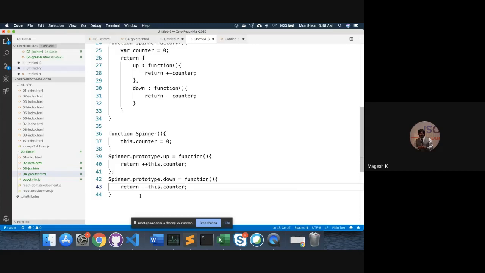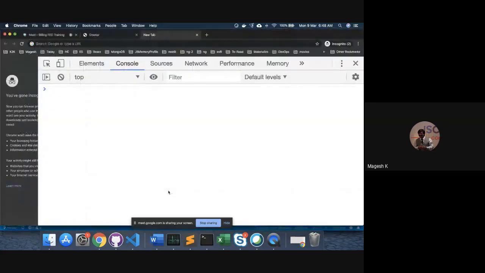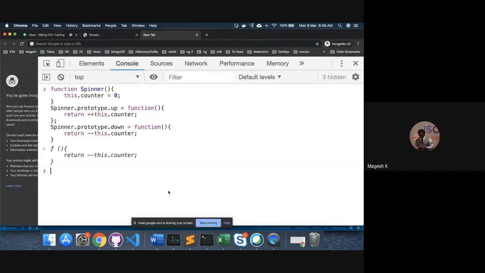So now what will happen when you create an instance of a spinner? You will not create multiple instances of up and down, but you will create only one instance of up and down attached to the prototype. But the same thing will be available to all the instances of spinner. So let me copy this, go here, paste it, reload, and